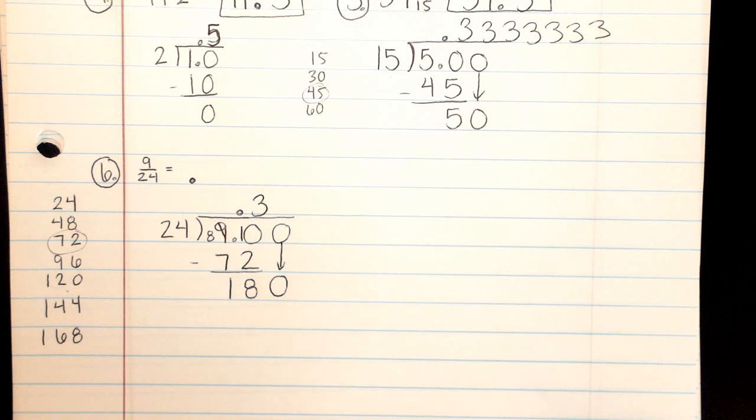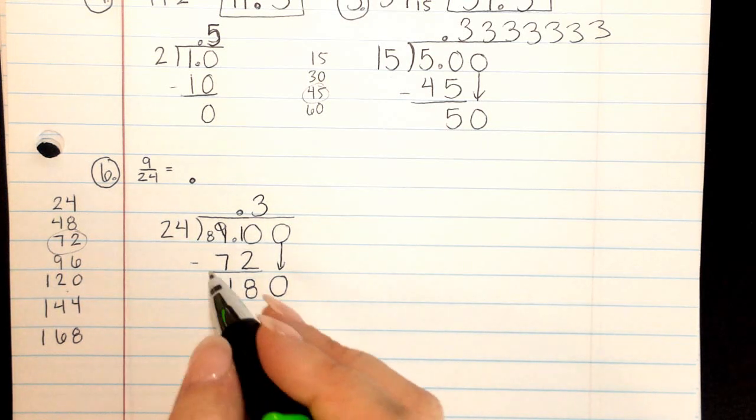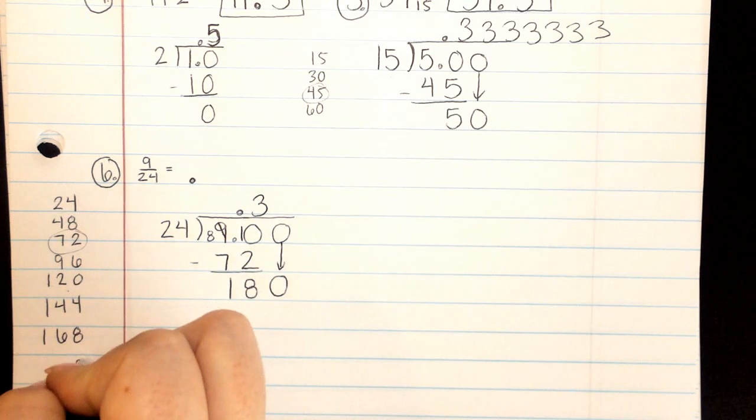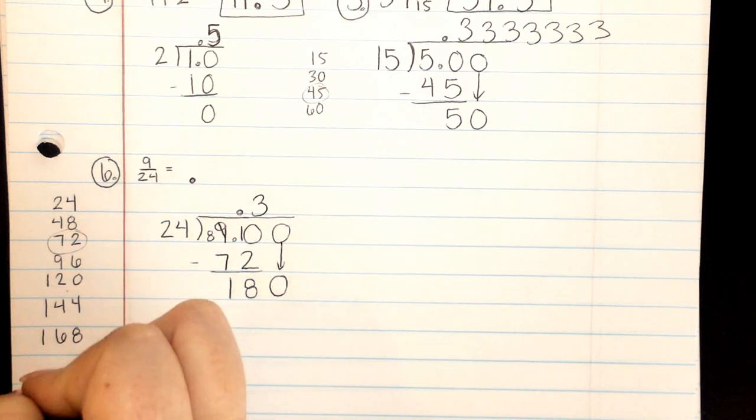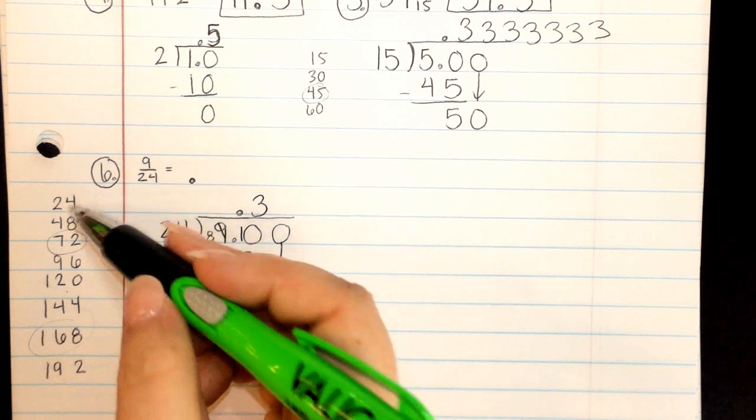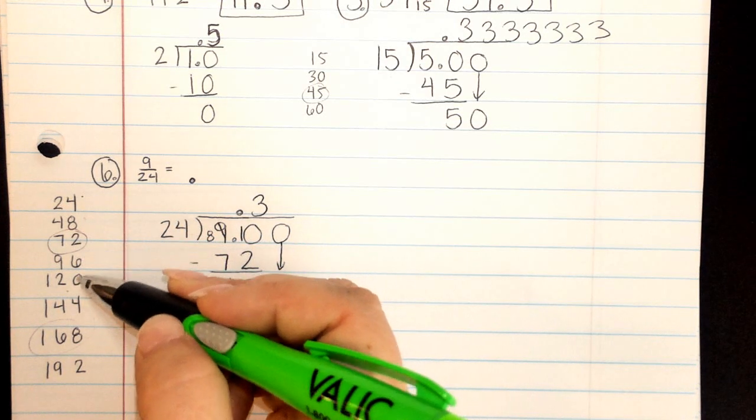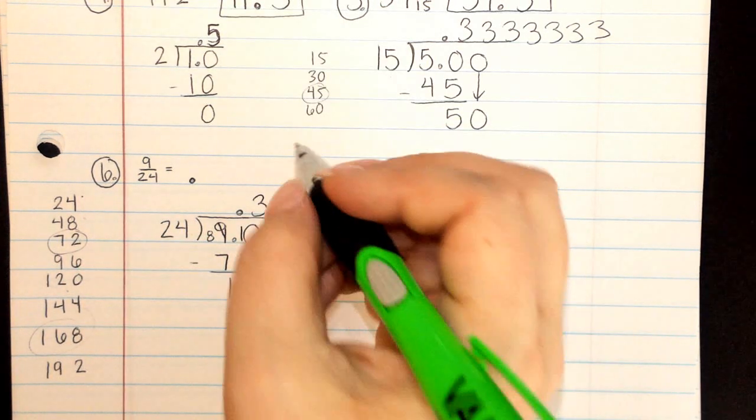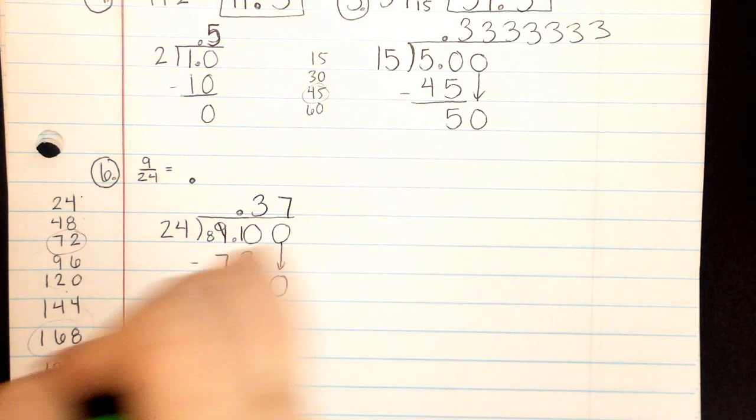Getting closer. I want to make sure I can't go any closer than that. Let's see, 8 plus 4 is 12, carrying the 1, 192. Is that going to work? No, so 68. So that was 1, 2, 3, 4, 5, 6, 7. So we're multiplying by 7. 7 times 24 is